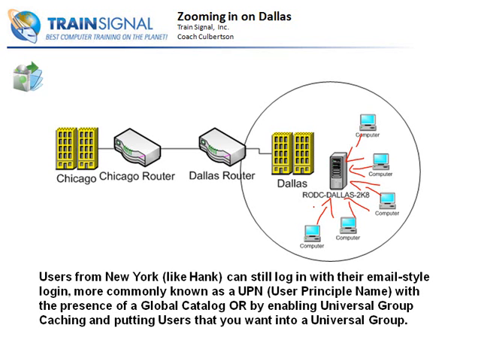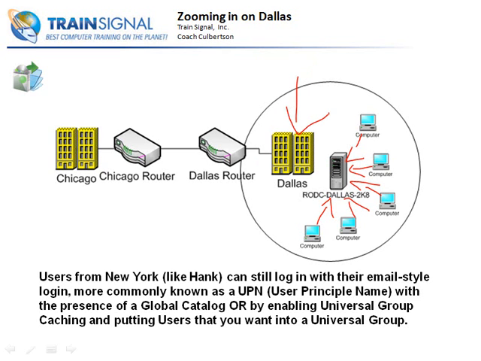Now, this is only possible if you have a presence of a global catalog or by enabling universal group caching. But in order to use universal group caching, you have to put your users in a universal group, and I've already shown you how to do that as well. So even though we have this separate section and that's kind of restrictive, if that global catalog is in place, your users are in a universal group, and universal group caching is enabled on the Dallas site,